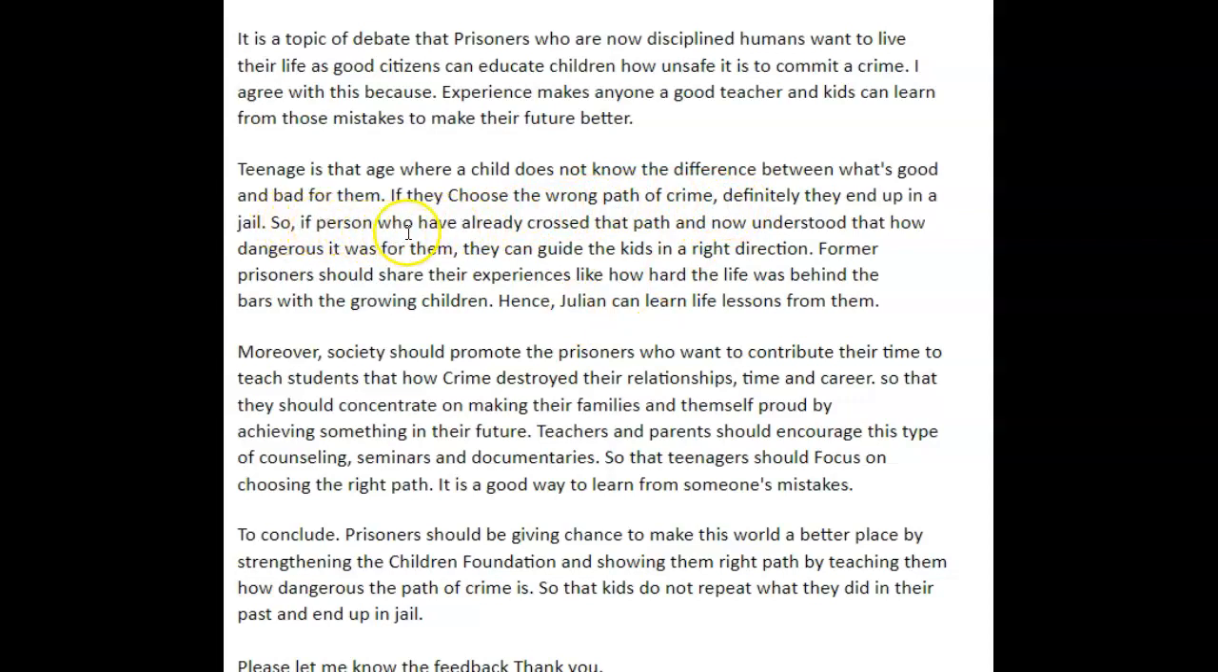So if a person who has already gone down that path and now understands how dangerous it was for them, they are the best, or they are the most appropriate to guide the children in the right direction. Now, here I want you to explain to me why or how they are the best person. You just said that they should share their experience, like how hard life was behind bars with the children, but you never really tell us how or why you think